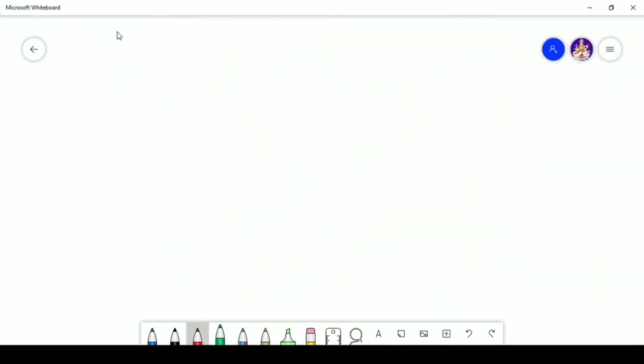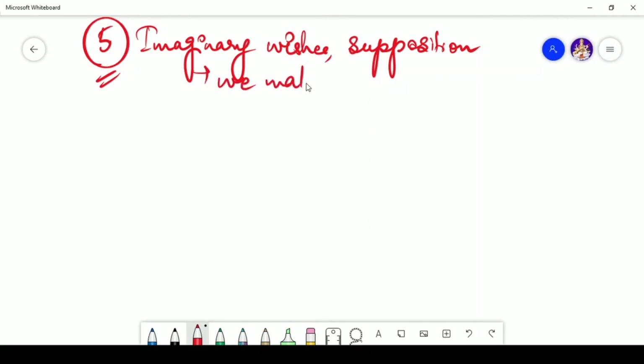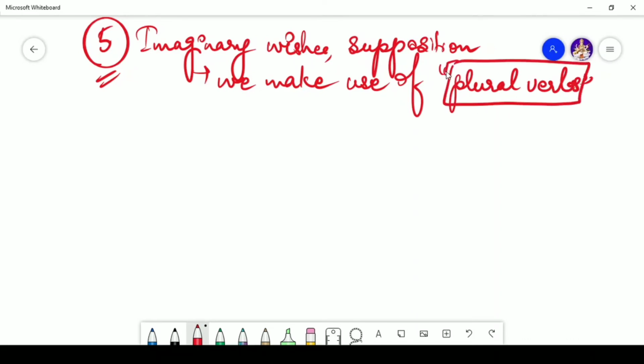Okay, fifth rule. The fifth one says that sentences which are expressing imaginary wishes, or let's say supposition, in all of these cases we make use of plural verbs. Okay, let's say for example,